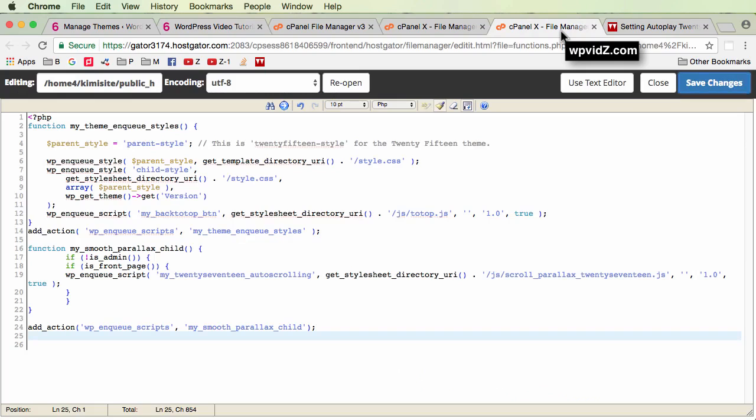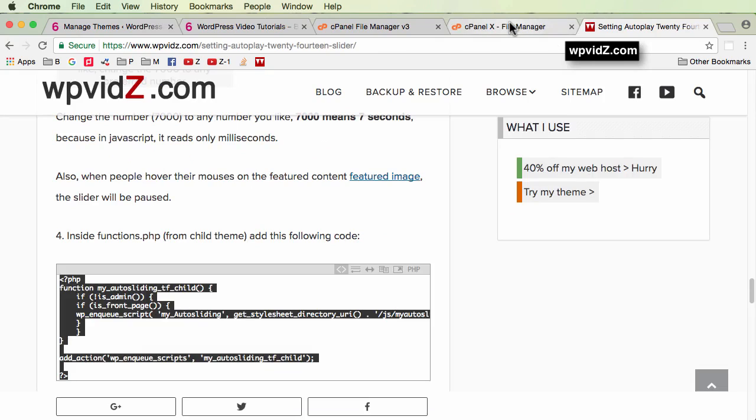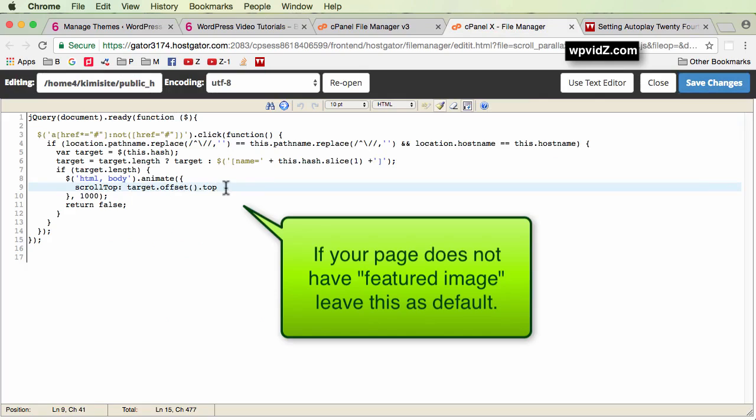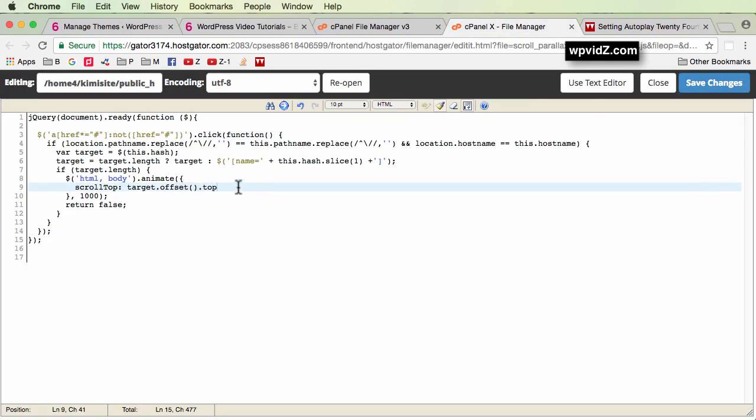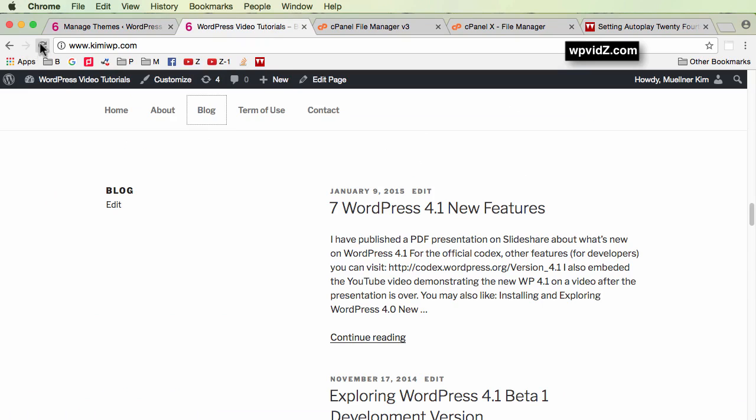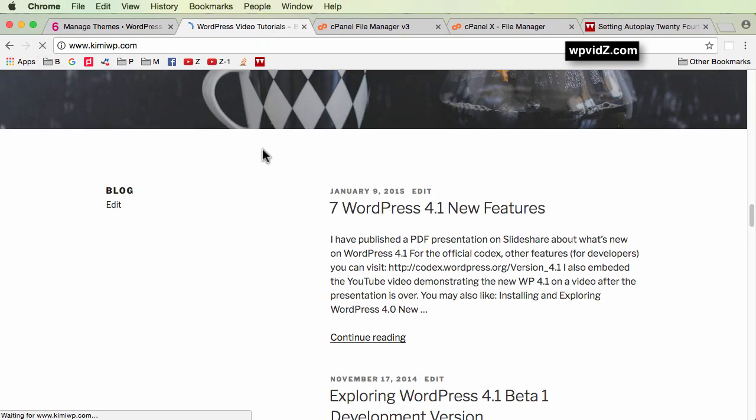Therefore, in our script, we go again, not functions.php. We are done with this. Click on close. And we are editing the JS file here. And we want to add the pixel. So dot top plus 400. So dot top plus 400, click save changes, and then we go back to our blog, refresh our website, and